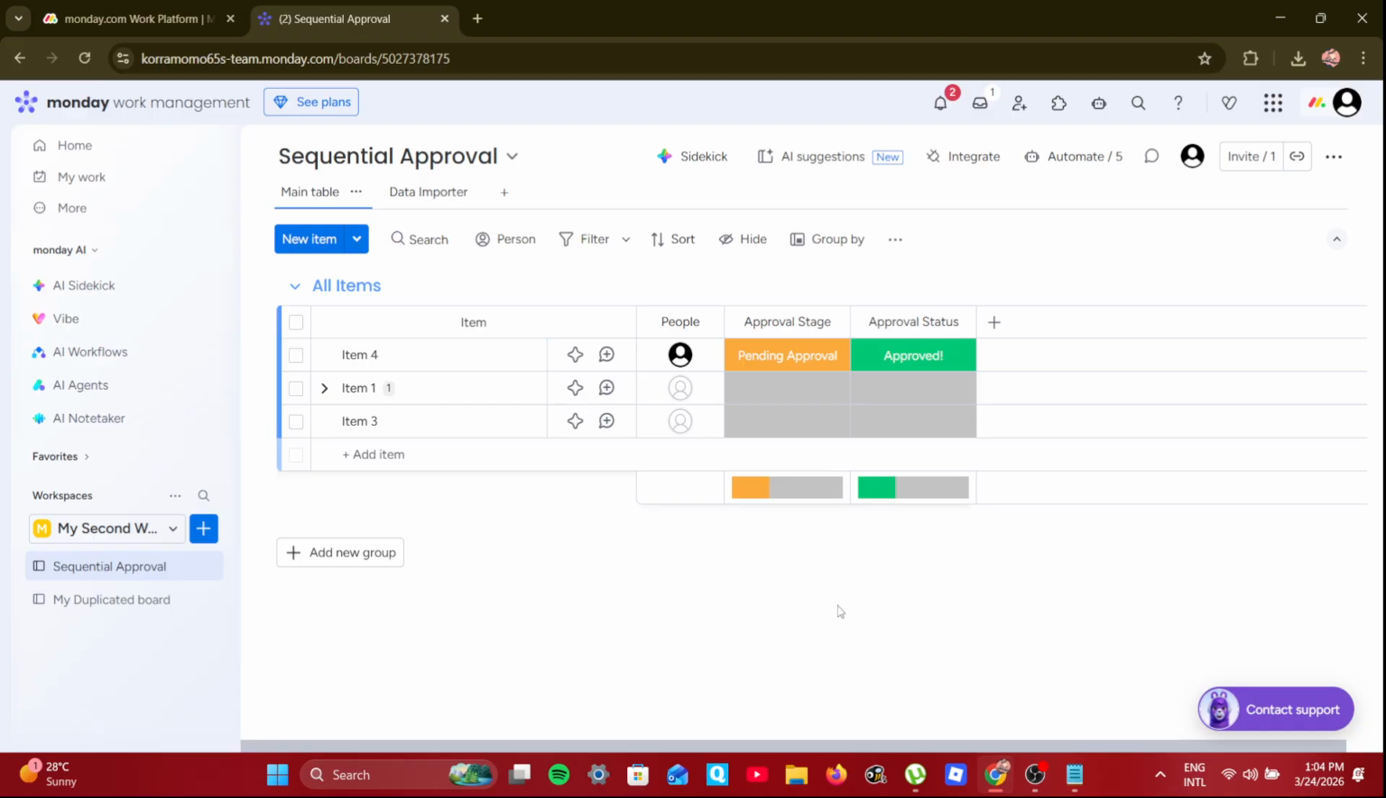From here, you can refine the workflow even further by adding rejection paths, deadline reminders, or automatic updates when the final approval